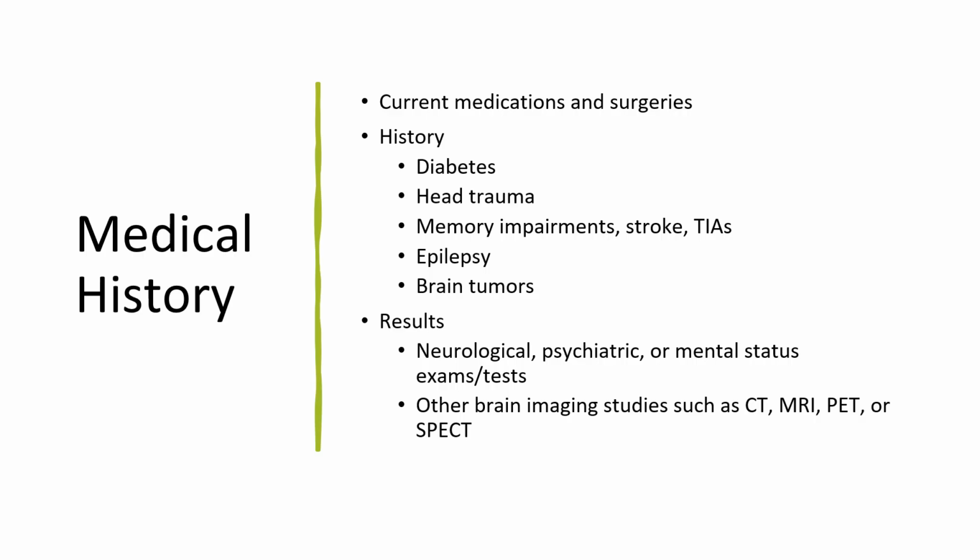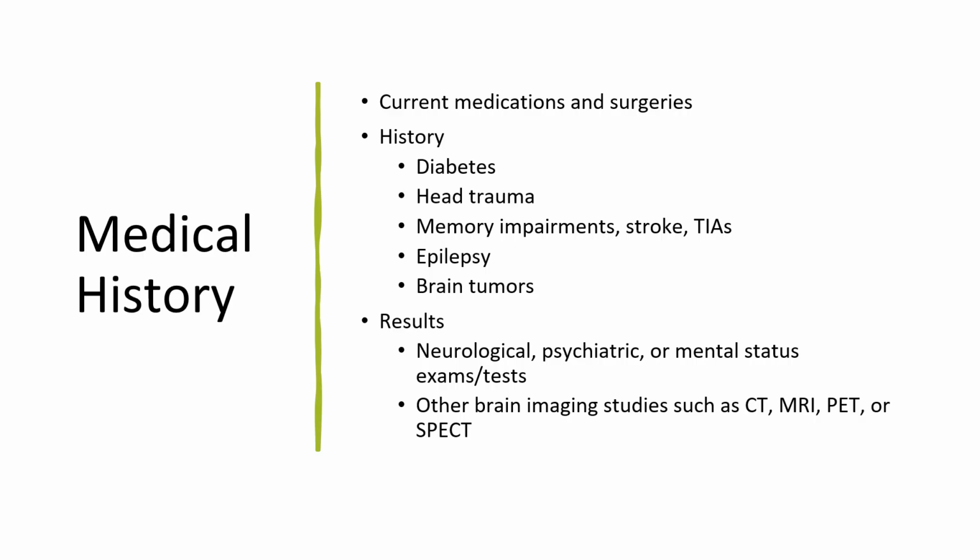When you're obtaining a medical history for somebody with an FDG study, you want to get a very accurate, detailed list of all their medications, any recent surgeries that they may have had, and a really good history of whether or not they have diabetes, if they've ever had any head trauma, memory impairment, stroke. Transient ischemic attacks are also known as a mini stroke. So a lot of older people would call it that. And then epilepsy, if they've ever had seizures or seizure disorder, or any vitamin or metabolic deficiencies, and